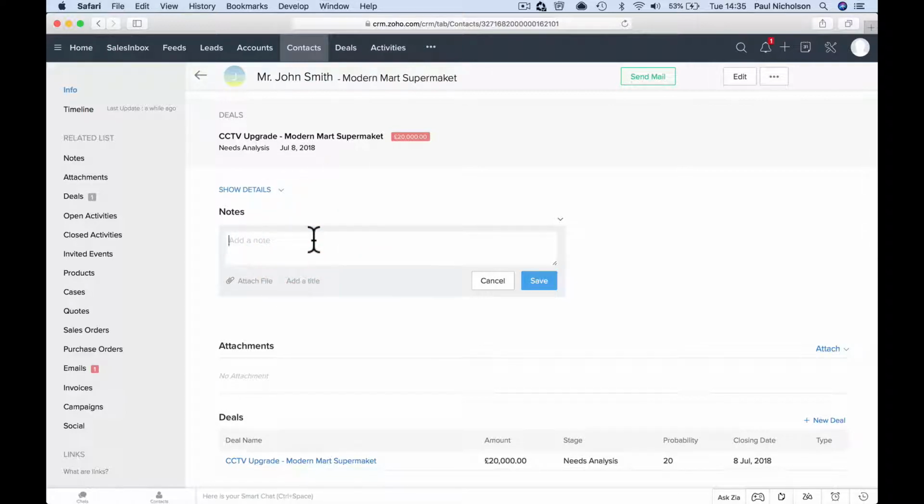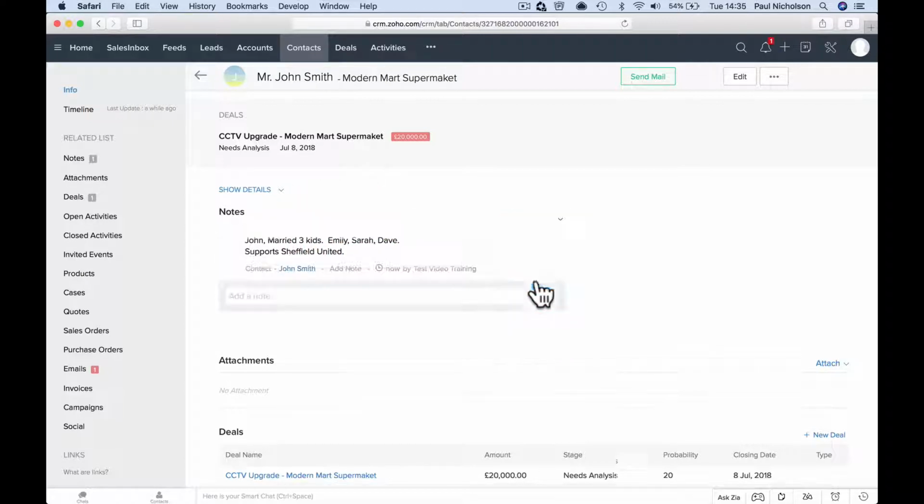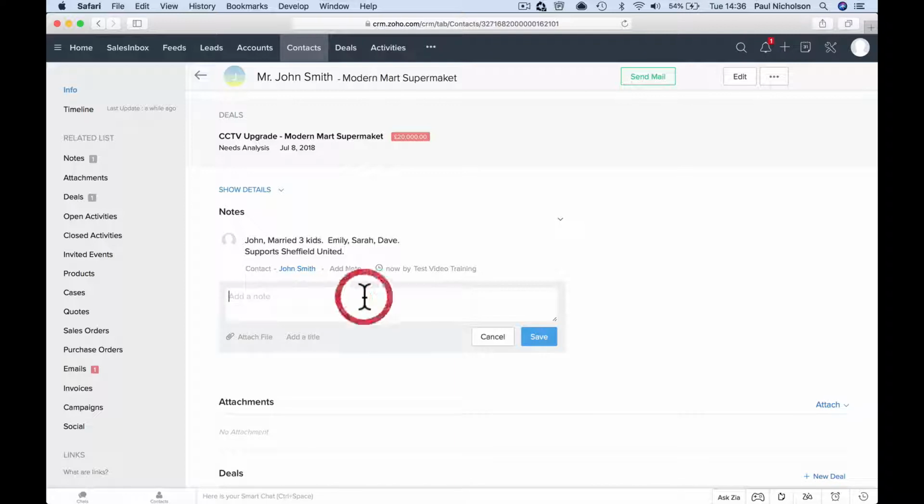I've gone and seen John, married, 3 kids. If it tells you your kid's names, Emily, Sarah, Dave, supports, I don't know, Sheffield United, like me. So this is stuff that when you go to meet John again, you can say, our kids, how's our Emily, did you watch Sheffield United versus so and so, did you go to that game? So in notes you can start putting information that you, for the next time you go to a meeting,